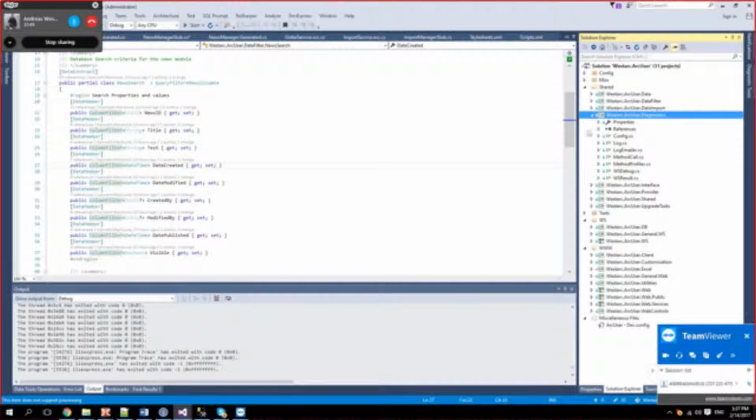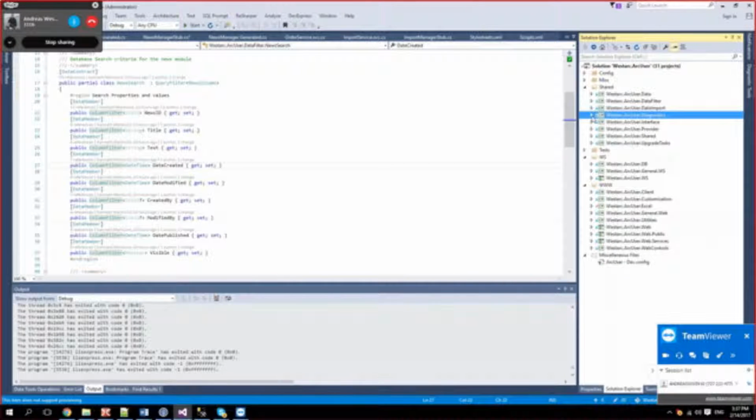Diagnostics is a diagnostics layer that is used throughout the project solution to log stuff to the database, to the event viewer, and in some cases even email. And in most cases, email the error report to us.